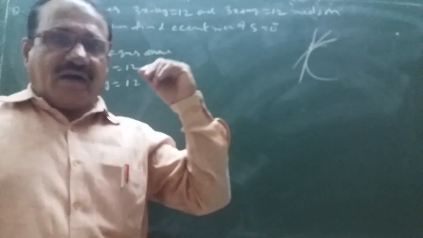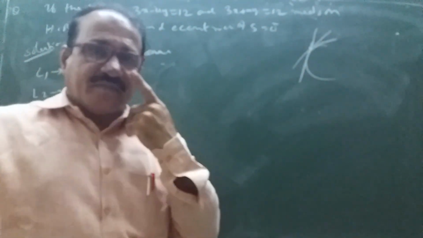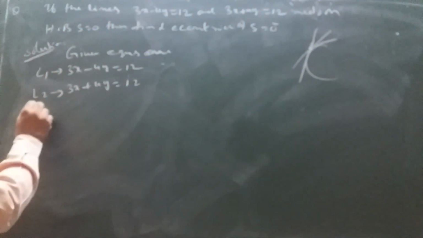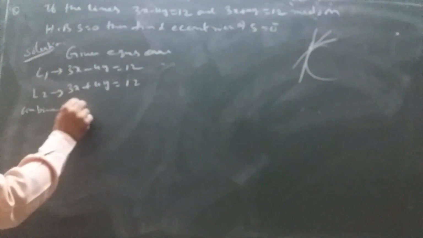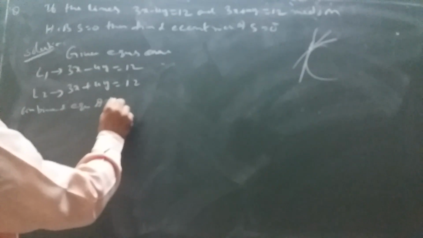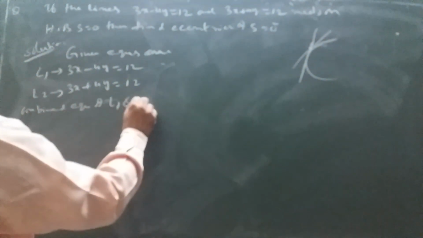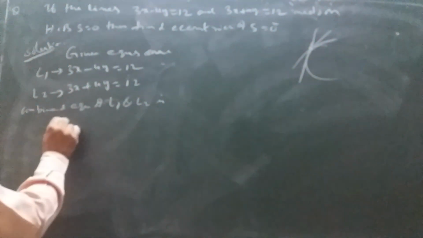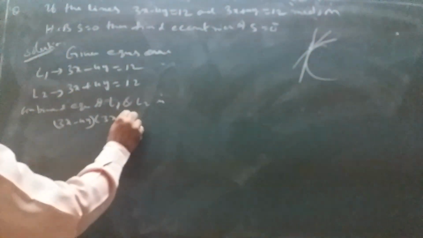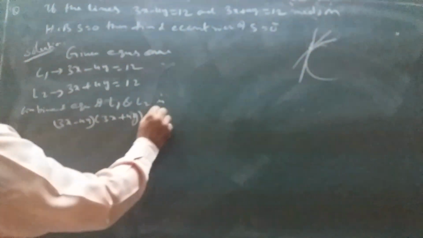These two straight lines are intersecting on the hyperbola, so the combined equation may be the hyperbola. Therefore, the combined equation of L1 and L2 is 3x minus 4y into 3x plus 4y is equal to 12